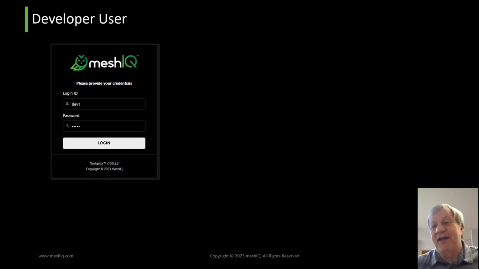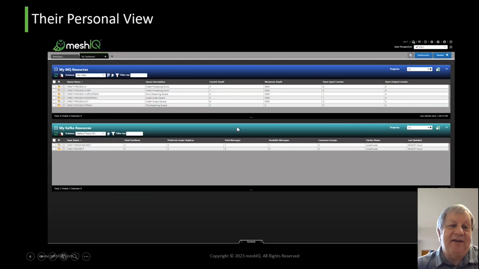I'm going to use a developer user. Up to this point, I've been using more of an administrative account. I'm going to go ahead and demonstrate what a developer might see on a test system when they were trying to use streaming queues and see how they might operate. So their view is a little bit different. And there are a lot of differences actually in this particular view for the user.